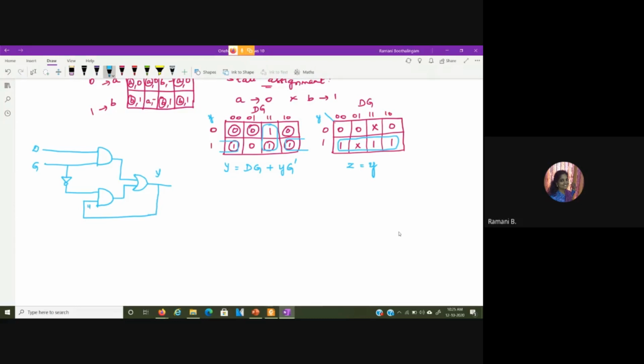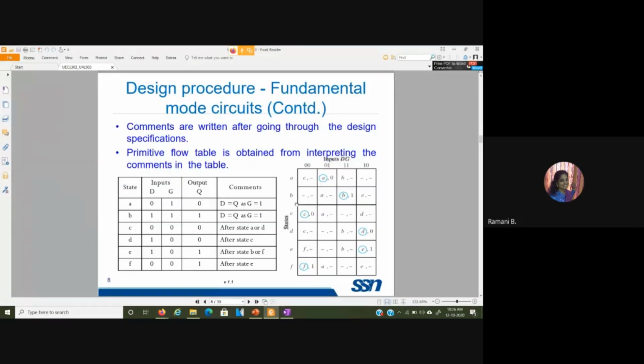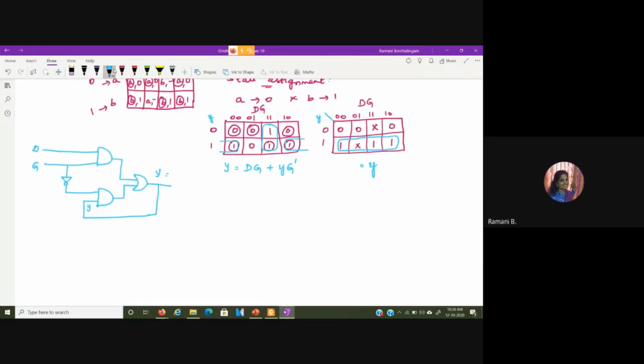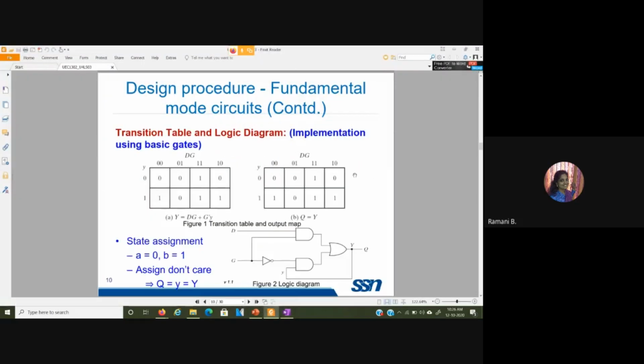This is small y. You can consider the same thing as the output z also, right? So that is what is given over here, this entire thing. Instead of z, we will have that as q itself, because that's what we had in the question. I forgot about it. So this is the design using logic gates.